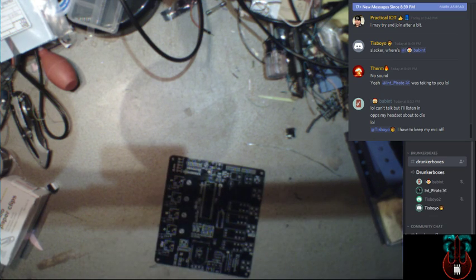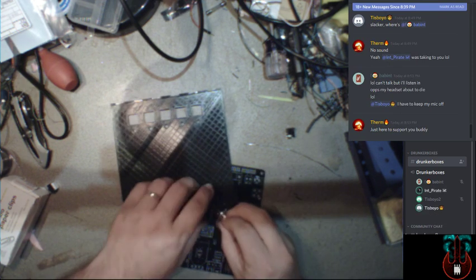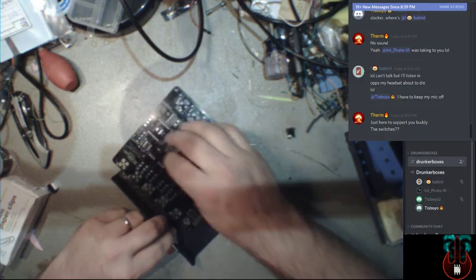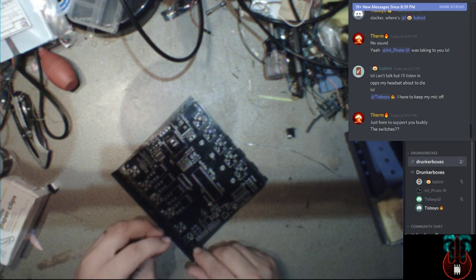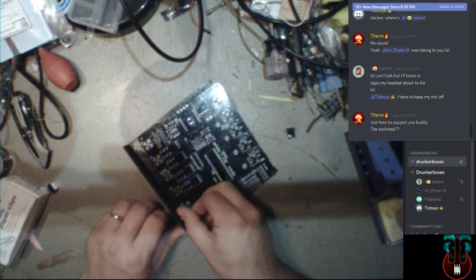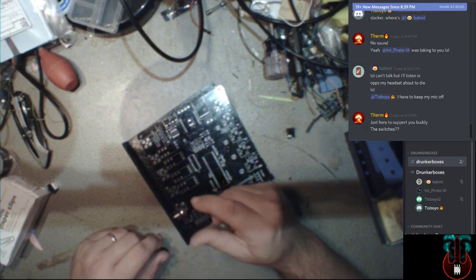So basically, what I'm going to do is the coax goes here, the board sits behind it, and then just run jumpers to it. But I tested actually running the coax all the way through the hole, and that worked out pretty good. But they have to be threaded in,